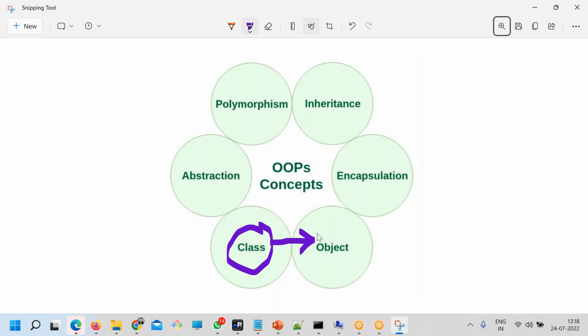And each object will have some properties from the class, inheriting the class properties, and some encapsulation will be there. Encapsulation means not displaying something, keeping something secret. For example, can you please tell me your bank account's OTP number? You will not tell me, right? That's secret.